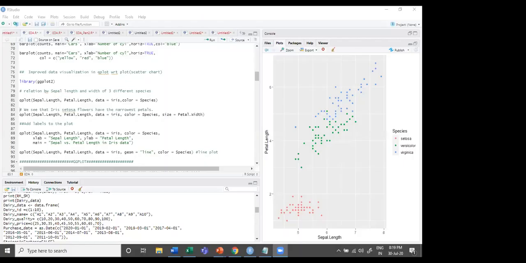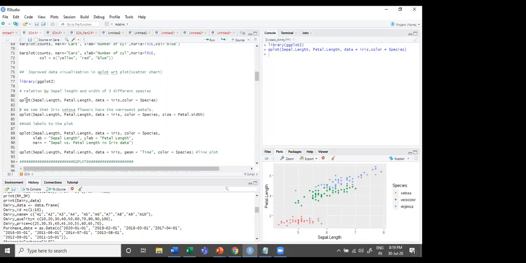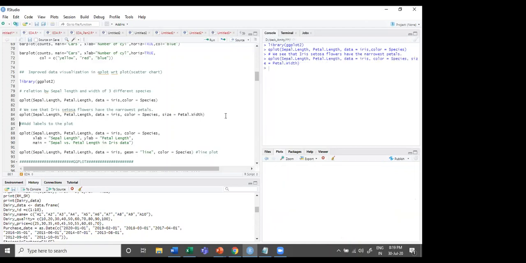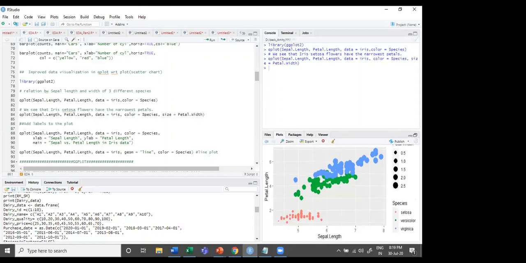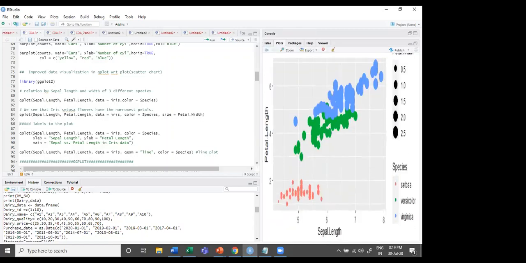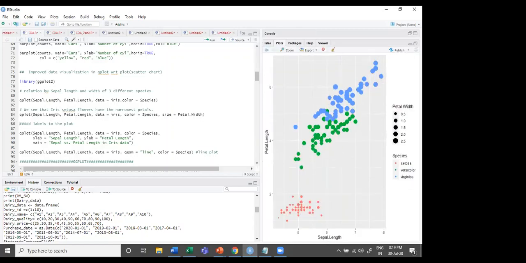So you are back. You will find this beautiful figure, and it is useful for our analysis. Let's go ahead. We are now trying to create another plot with the Iris Setosa flower having closest petals. This is the qplot which we have used for our analysis right now. You will find such a beautiful figure in front of you. Now the size of your dots has been increased.